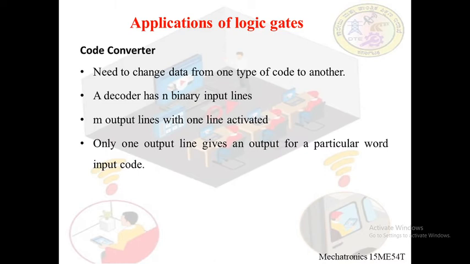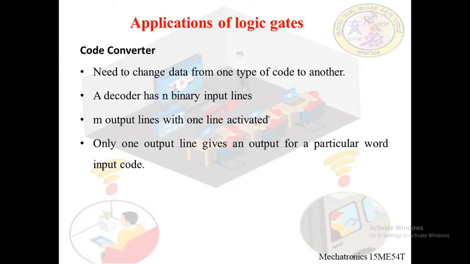So for this purpose we use the term data decoding, that is converting data from one code group to the other. We can convert similarly a binary coded decimal, a binary number or hexadecimal number into individual active output representing the group. A decoder circuit has m output lines. Suppose we are getting data in the digital form, let us say, we must have 0 to 9, that is 10 output lines.